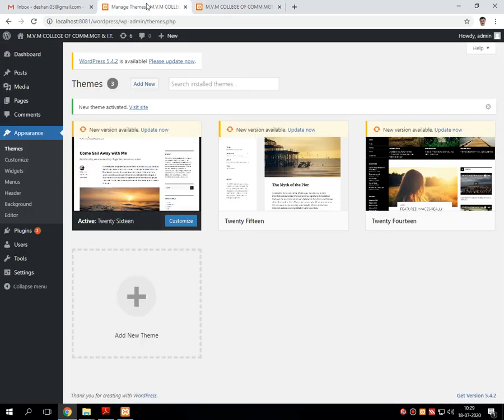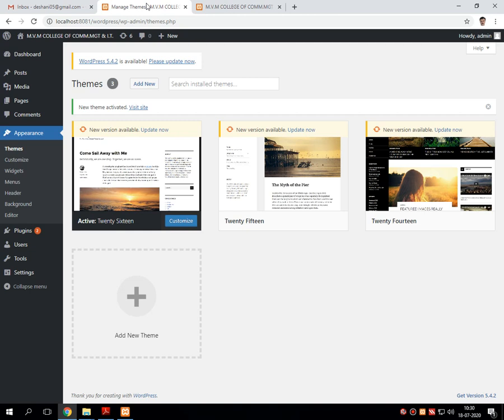So it's very simple. Once you have designed the theme, we can directly switch from one theme to another theme. Now this is for the predefined themes only, meaning whatever themes are given by default by WordPress, we have just switched from one to another.